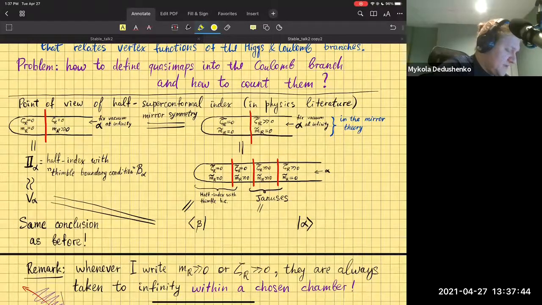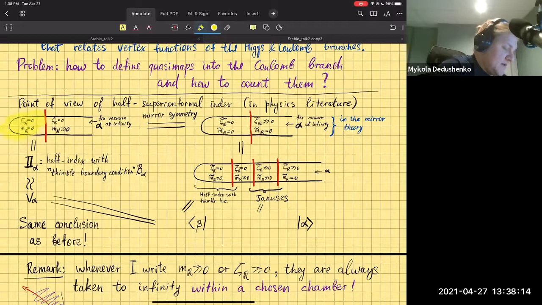So this thing computes the half index with this special boundary condition, which is also proportional, up to some coefficients, to the vertex function. And really, this can be thought of as just turning on mass on the right-hand side and then fixing vacuum at infinity. Now, if we do mirror symmetry, this will correspond to the configuration where you have, okay, here,